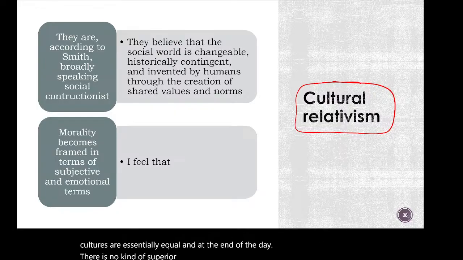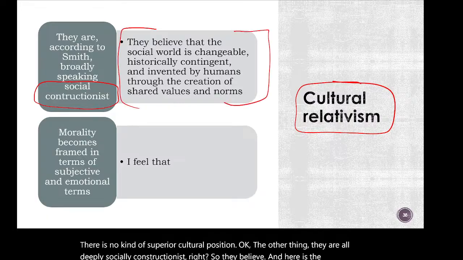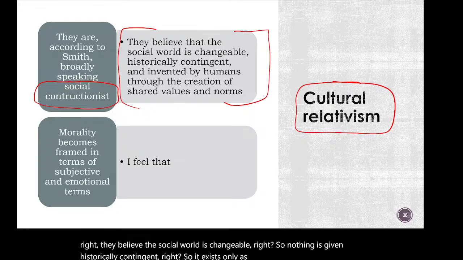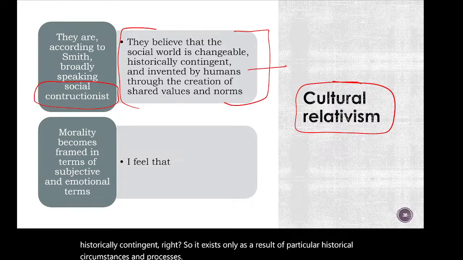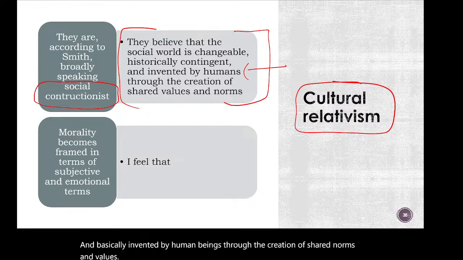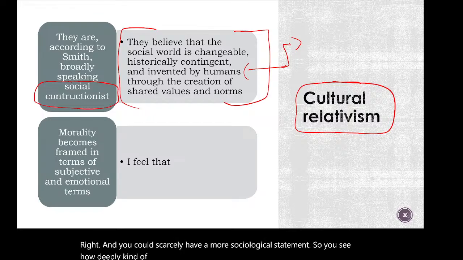Okay, the other thing, they are all deeply socially constructionist, right? So they believe, and here is the statement, right? They believe the social world is changeable, right? So nothing is given. Historically contingent, right? So it exists only as a result of particular historical circumstances and processes, and basically invented by human beings through the creation of shared norms and values, right? And you could scarcely have a more sociological statement. So you see how deeply sociological thought has affected millennials, because this definition comes right out of